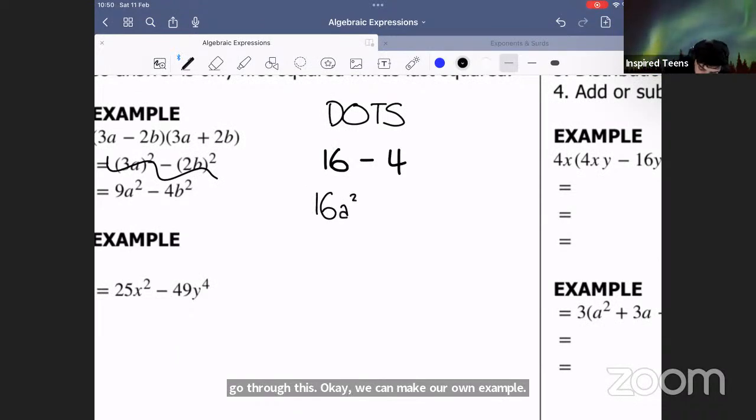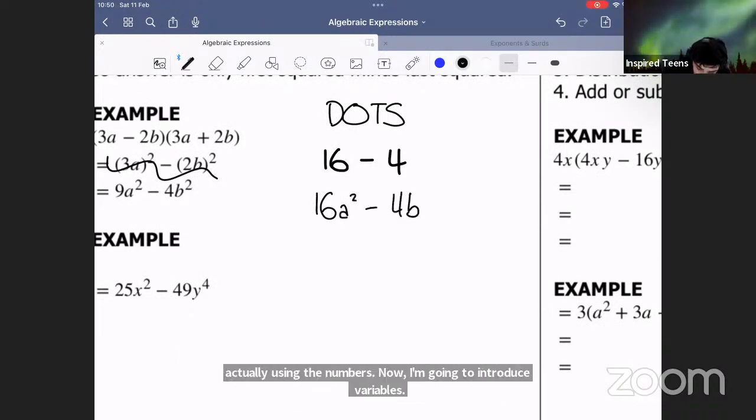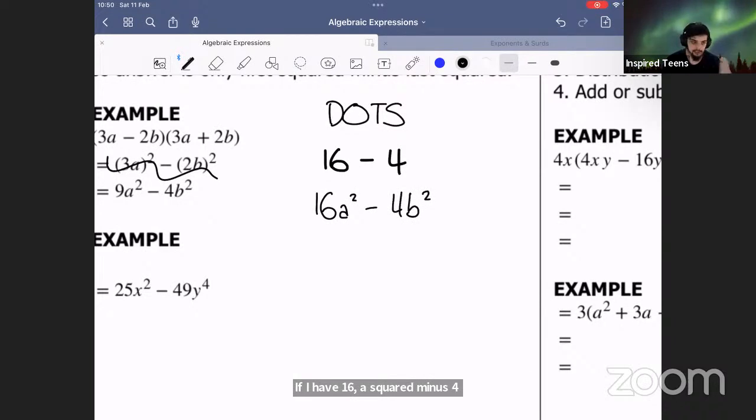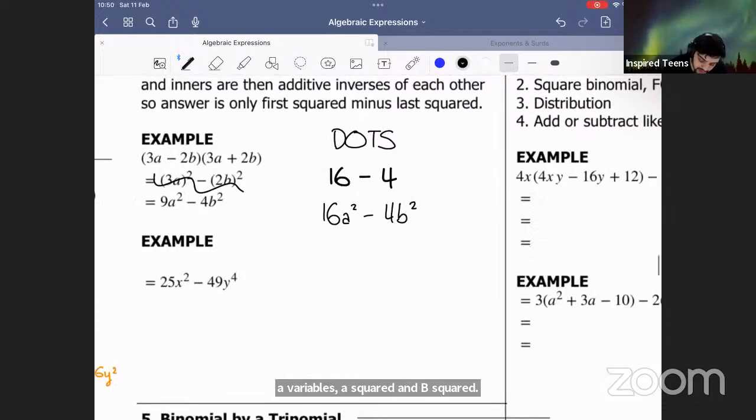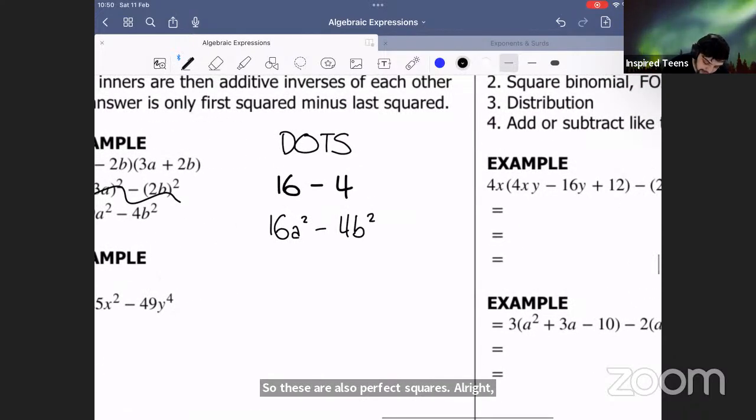If I have 16a squared minus 4b squared, 16 and 4 I kept the same, so they are perfect squares, definitely. And I've added variables a squared and b squared, so these are also perfect squares. All right, so with the difference of 2 squares, the ruling is